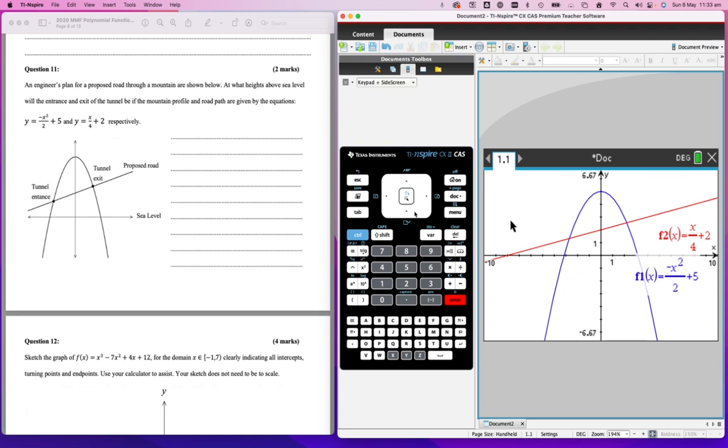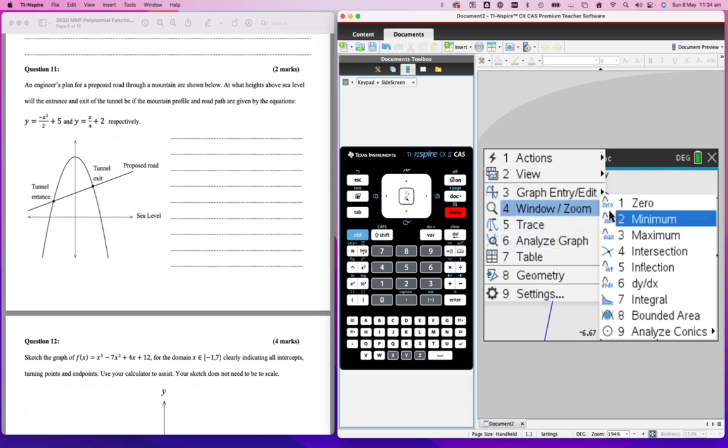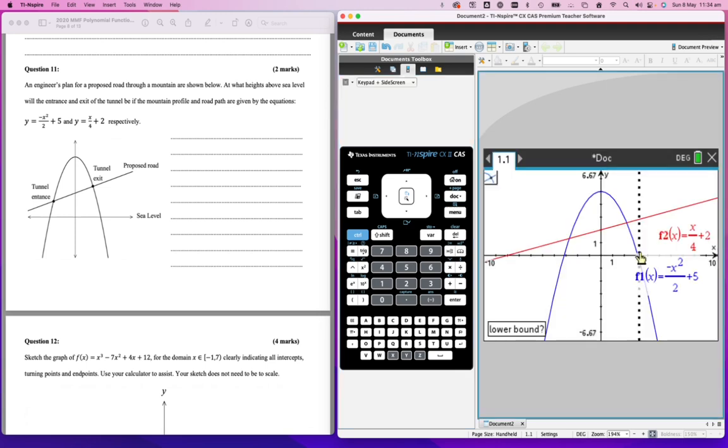Then I can use your old pal Menu, Analyze Graph, and the option we want here is Intersection, and that will get us our answers with some limitations, which I'll talk about in a second. I'll click on this. The first thing it says is to select a lower bound. So I use my arrow keys to go to the left-hand side of the point of intersection. It doesn't matter where, but close is probably reasonable. Then single click, and now it's asking for an upper bound. See, it said lower bound, now it's saying upper bound. And I'm going to drag my